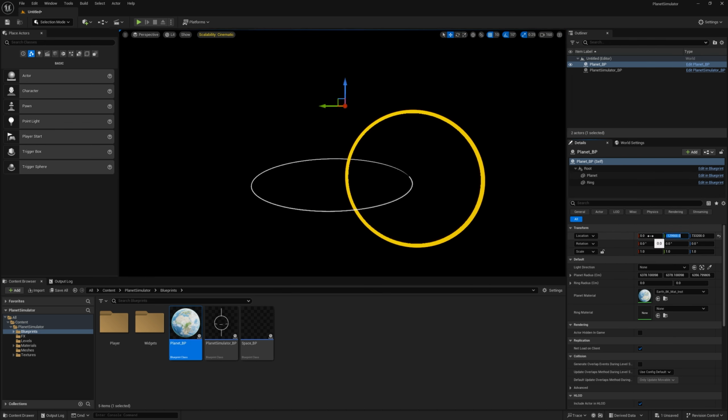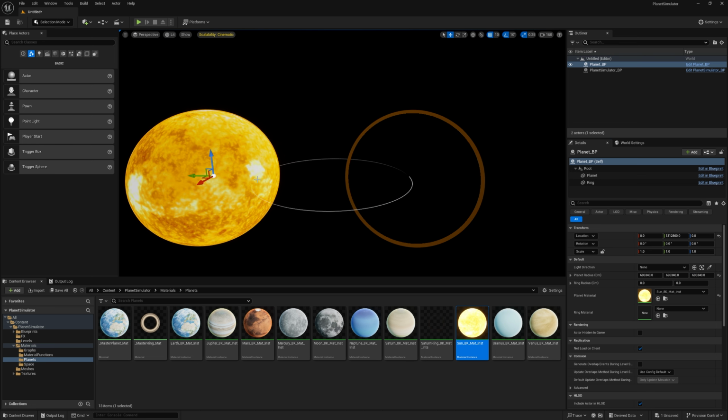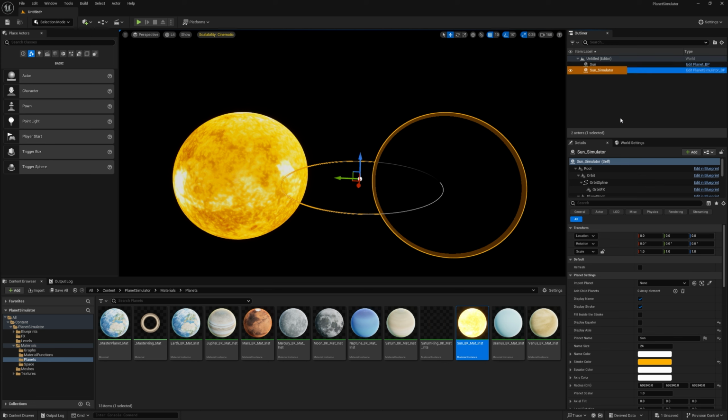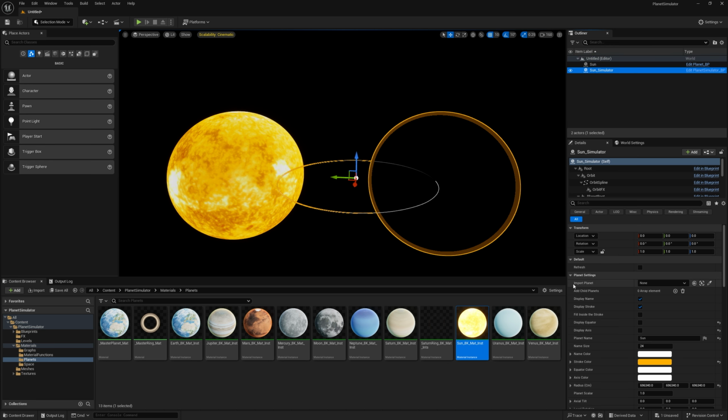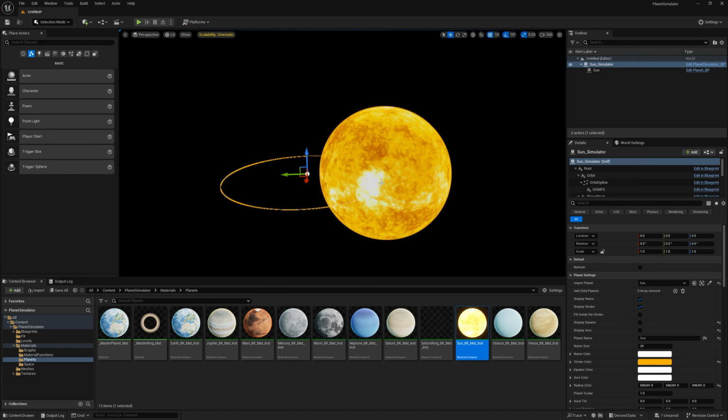Let's now add a planet blueprint to the scene and set it as the Sun. To avoid confusion, let's rename the blueprints. As I mentioned at the beginning, Import Planet attaches the selected planet, actually, this is now a star, to this simulator. Here we go. We no longer need display stroke. Take note of this. The radius value of the imported planet will overwrite the radius value of the planet simulator blueprint. If you notice any mismatch and confusion, click the refresh button at the top.